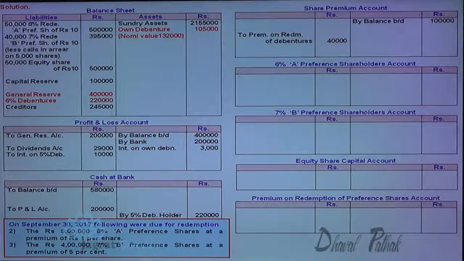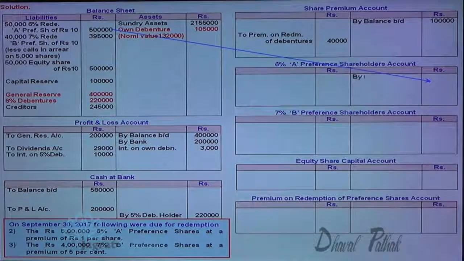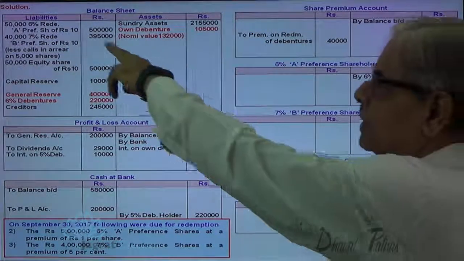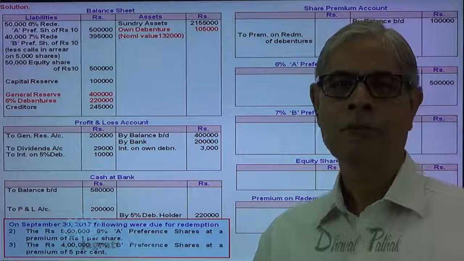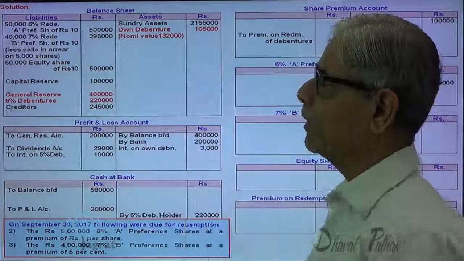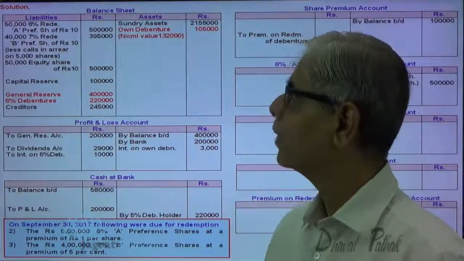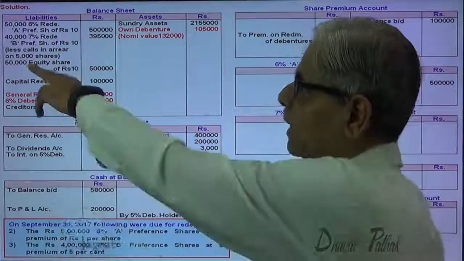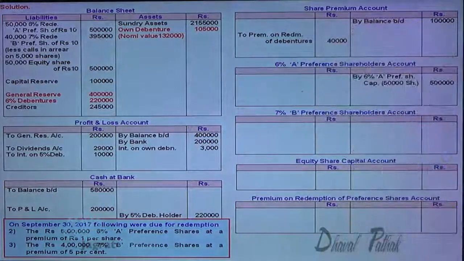Now first of all, I will transfer this 5 lakhs to preference shareholders account. So 6% redeemable preference share capital account debit, preference shareholders account credit, 5 lakhs. Now this 3,95,000 is also due for redemption. But the partly paid up redeemable preferences cannot be redeemed. Here calls in arrears are 5,000 on 5,000 shares at rupees 10. So, if you work it out,